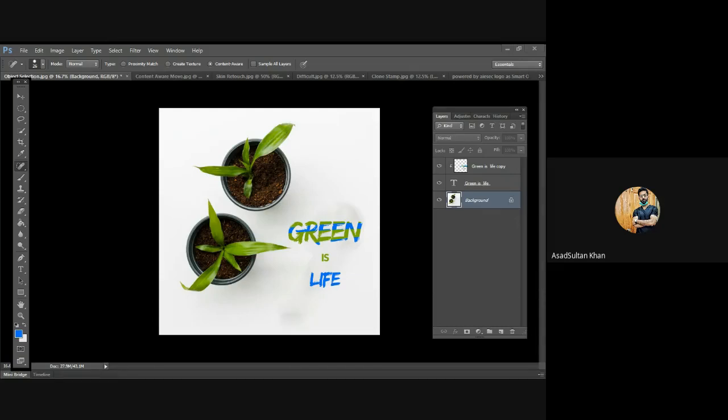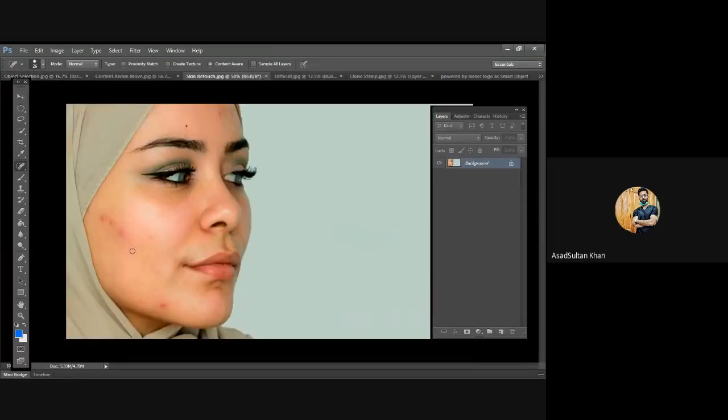So the healing brush is for copying objects? No, essentially it's not for copying objects. उसके लिए clone stamp tool होता है और content-aware tool होता है. But healing is for something just like I said, कि जिस समय retouching कर रहा हूँ, यहाँ पे भी करूँगा. That is why the healing brush is used basically.